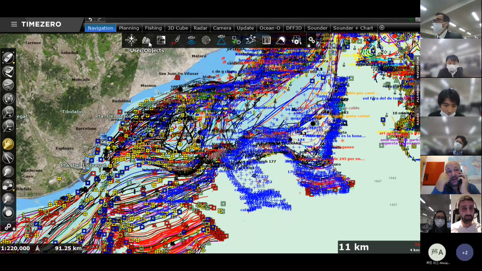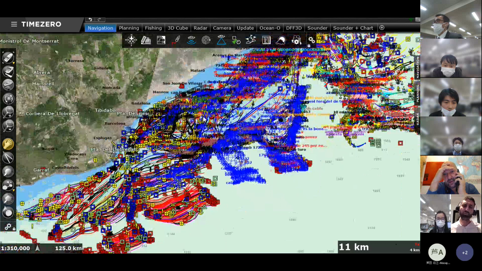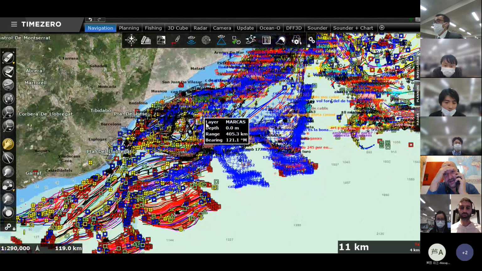And here, actually, if I look at the database more carefully, I see that I imported different layers. So this fisherman already saved his data into 4 different layers. Marks, tracks, recs, these layers have been created. But what I would like to do now is filter data across all these databases very easily.